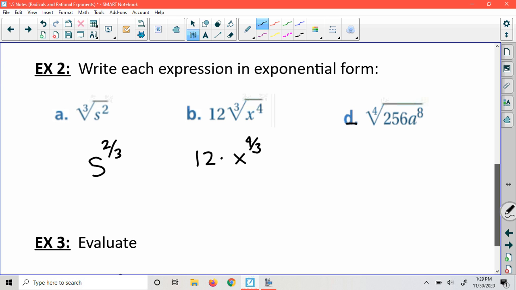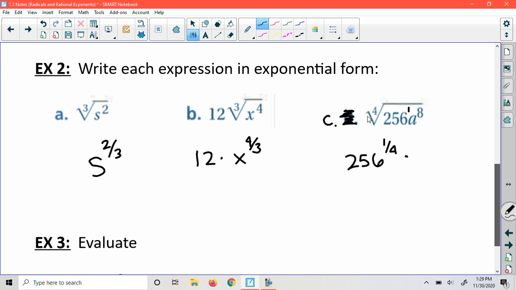Part D, which should really be part C, the 4th root of 256a to the 8th power. Just think about this separately in 2 different parts. The 256 is to the 1st power. So if we do the 256 part, the fraction exponent or the rational exponent would be 1/4